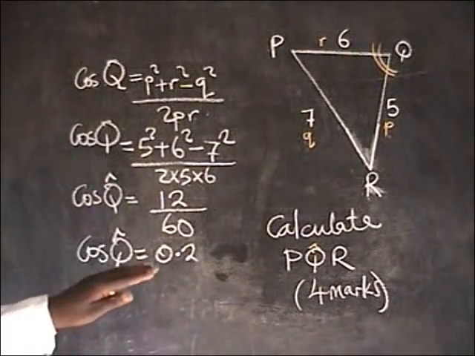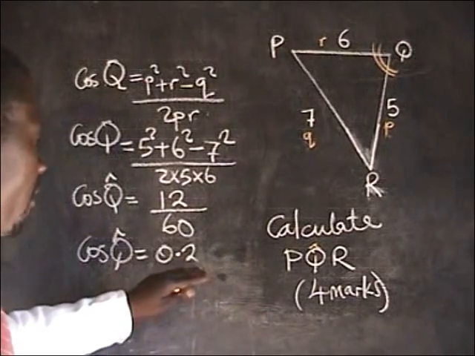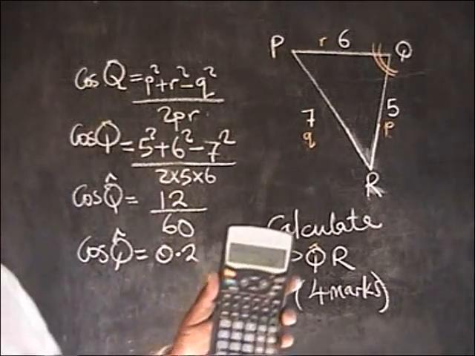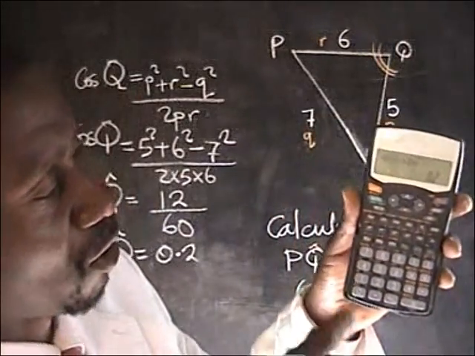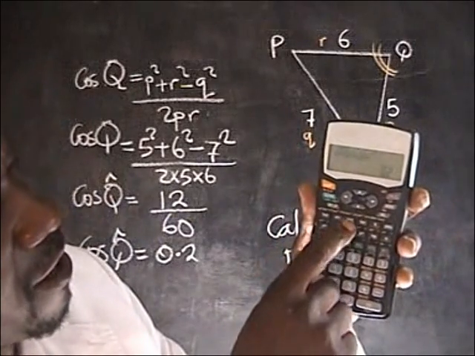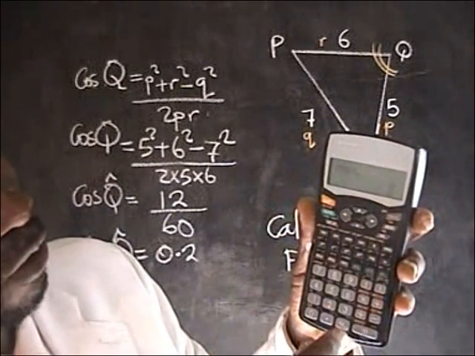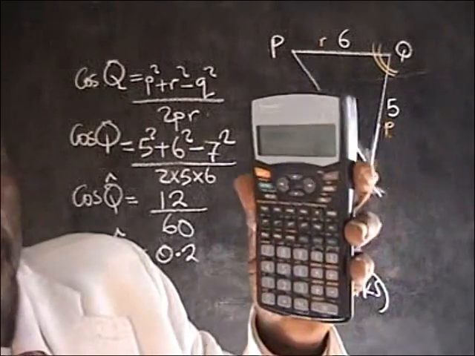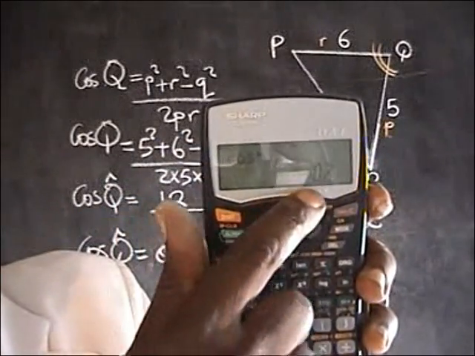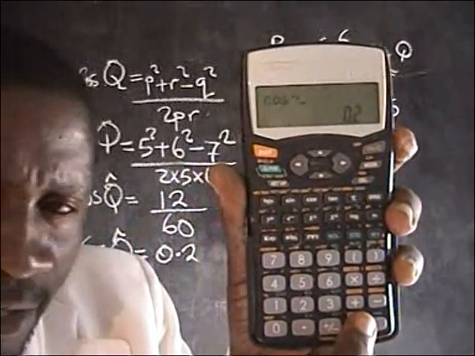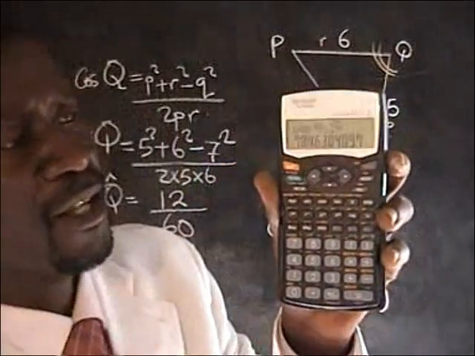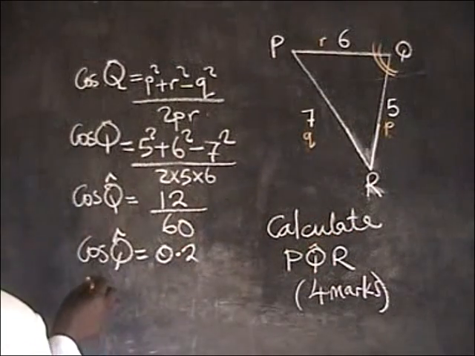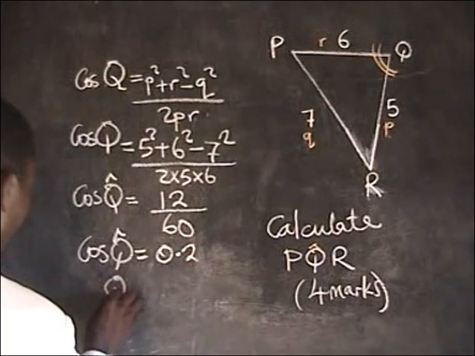Now, this is 0.2. It is this 0.2 which you are going to convert to an angle of cosine. And to do that, there is already 0.2 on the scientific calculator display. All I need to do is to press the second function, then followed by cos, then 0.2, like that. All I need to do is to press the equal sign once. Then what I have got is 78.46304. So by doing that, it means that Q reduces to